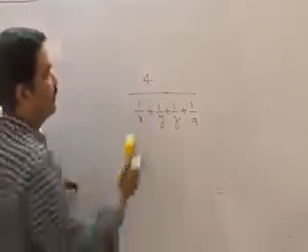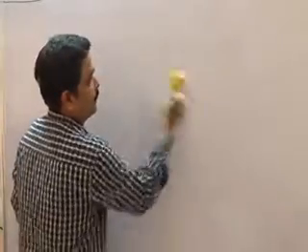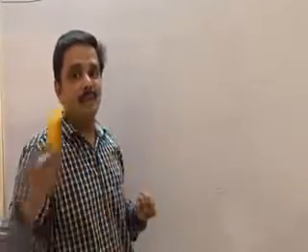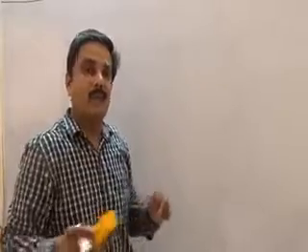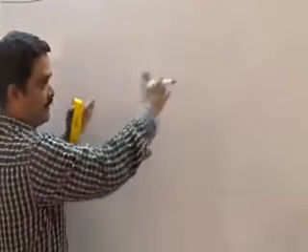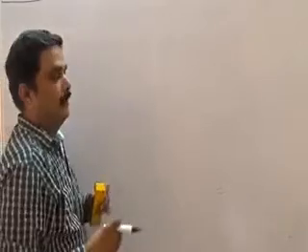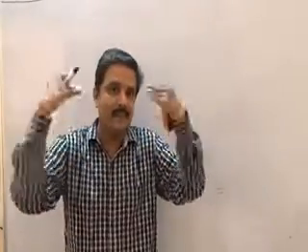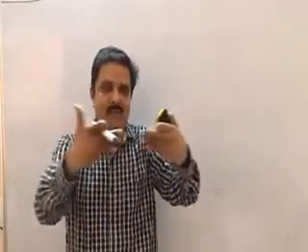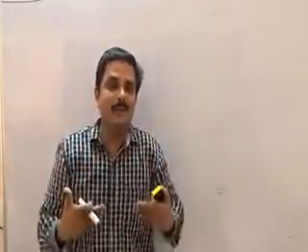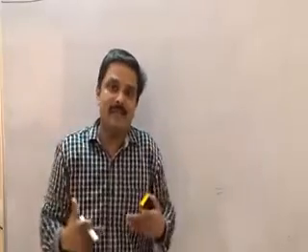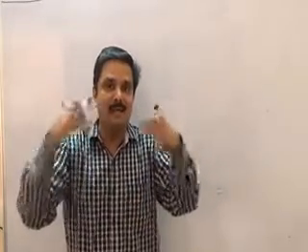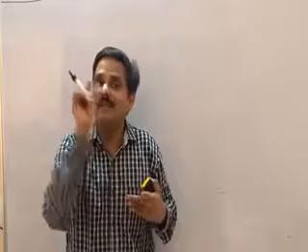And the next concept is relative speed. This is rather important. Many questions can be solved with the relative speed concept. Now, relative speed is nothing but, I will give you with the help of one example. Relative speed can be taken in two cases: when the objects are traveling in the opposite direction, and when the objects are traveling in the same direction. When the objects are traveling in the opposite direction, to get the relative speed, you need to add the speeds. When the objects are moving in the same direction, you need to take the difference in the speeds.